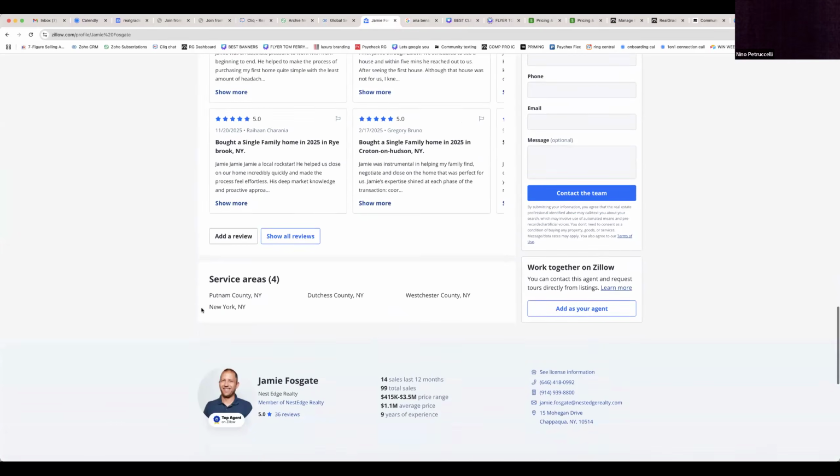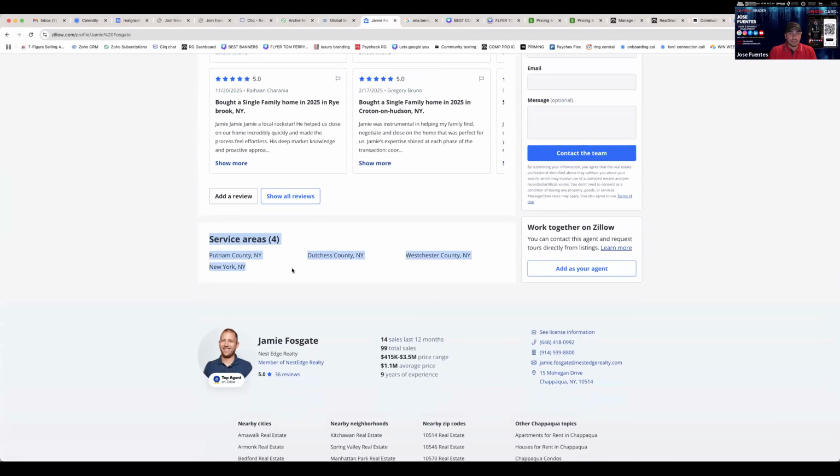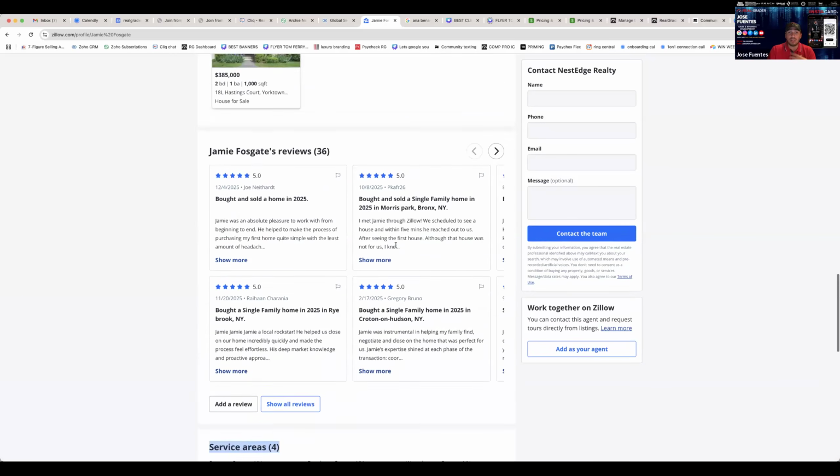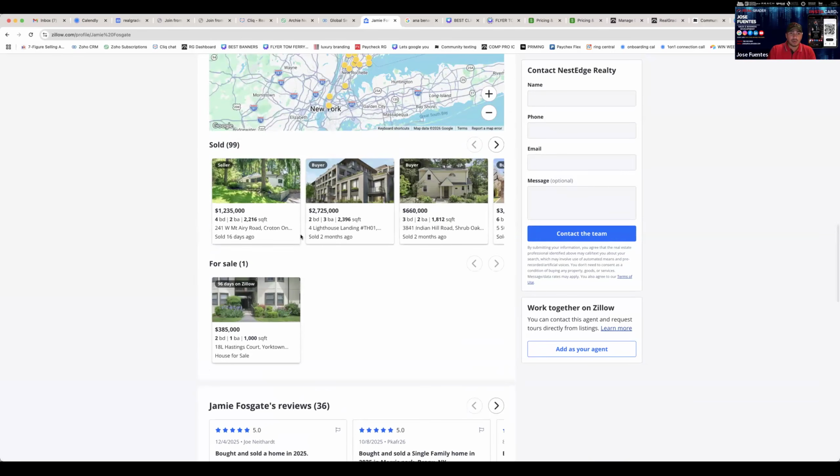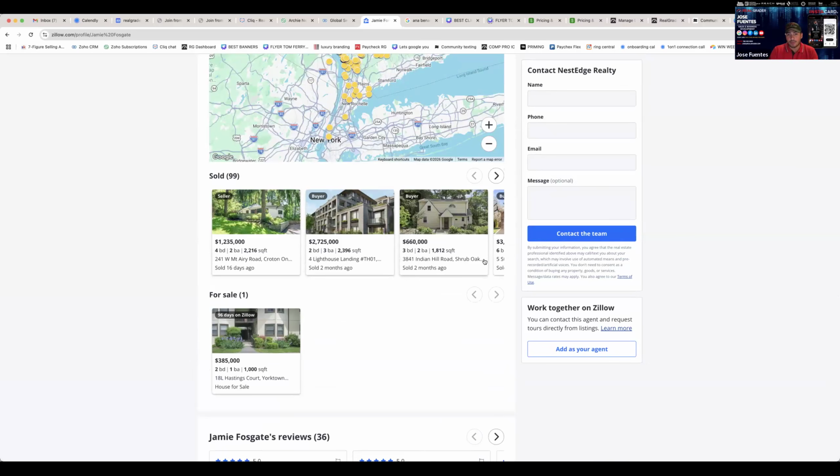Now let's go down here and take a look at his service areas. This is something I think a lot of agents did when they first set up their Zillow profiles: they just added counties thinking, this covers all of my areas, I'm good. But since then, their compliance rules have changed, and now you can have up to 25 different service areas. Doesn't mean you need to fill in all 25, but what we've tested and know works the best is